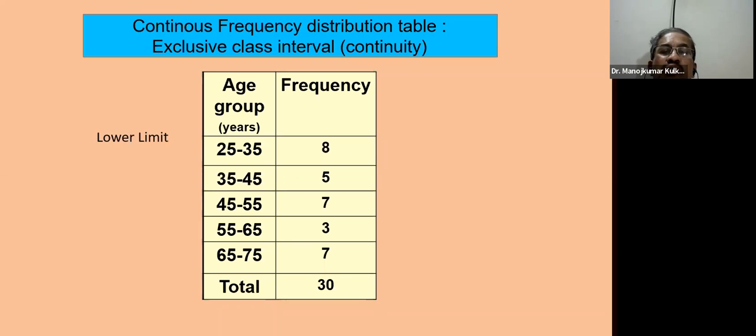Each of the groups is called a class interval, and each class interval has one minimum value and one maximum value. The minimum value is called the lower limit and the maximum value is called the upper limit. You should know this terminology, especially in the context of continuous frequency, because you have to provide all this information. Only then does SPSS prepare the continuous frequency table. Otherwise, it gives a discrete frequency table with frequency for each individual value. So it is somewhat complicated, but you can get the continuous frequency table provided you know the terminology.